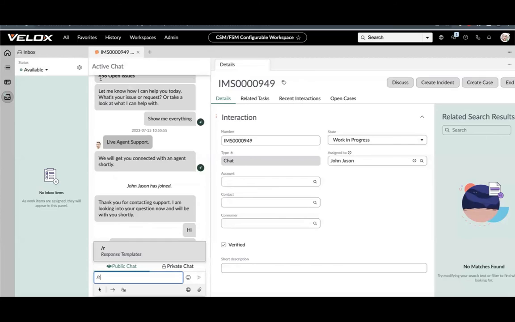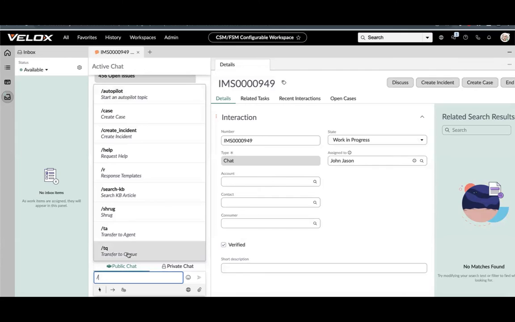I have done an academy in the past. You can watch those videos for more information. Likewise, you also have quick actions: transfer to queue, transfer to other agent, and then search KB article. So you can use this quick action and provide the keyword, and that brings all the suitable KB articles that you can pass to the requester. And then the help request. This is for the managers to jump into the chat, using private and public, and help the agent to solve the issues